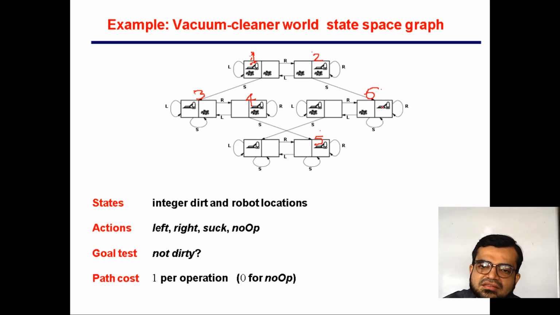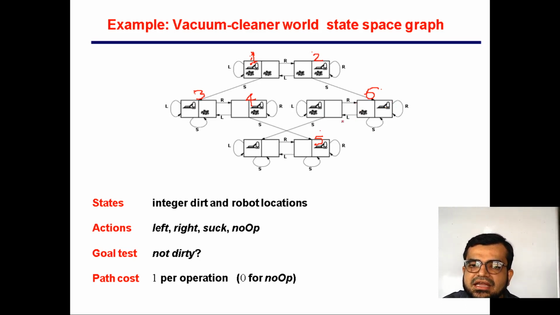So in the sixth state, the robot or the vacuum cleaner has cleaned the second location, but the dirt is available in the first location. Now again, if you perform the write operation, what happens? It will be in that state only. Even if you perform the suck operation, because it is already cleared, it won't have any impact. But if I want to move this vacuum cleaner into the first location, I have to perform the left operation.